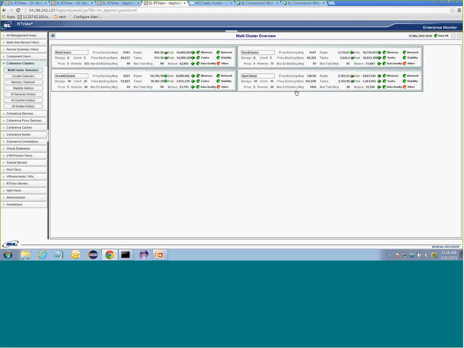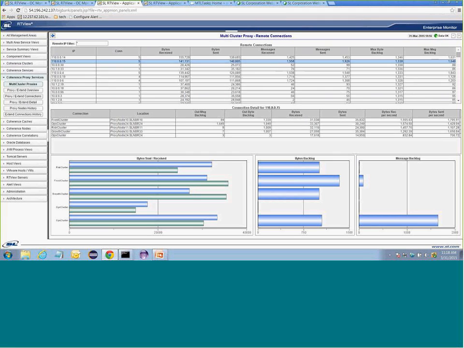Now, after understanding what's going on, frequently you'll have customers call you and say, my app is running slow. This one you would be able to say, well, okay, what connection, where is it connected, what clusters is it connected to, and how do I determine that? And normally what you would do, if you're using some of the other tools out there, is you would have to go in and look at the JMX connections, go to multiple JMX areas within the Coherence management nodes and find them. What we have here is a filter that allows you to actually go in and type in, say, the IP address of a particular node that you're looking for.